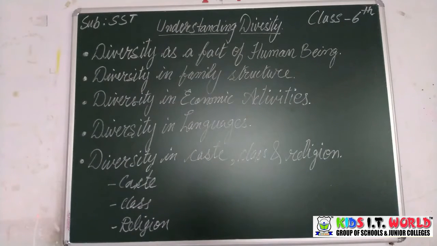Diversity in family structure is also observed on the basis of power and authority and marriage. On the basis of power and authority, families are divided into patriarchal and matriarchal categories. In the first type, the father is the head of the family and the familial power and authority rests in the father. Okay? And then you have the second type of family, where familial authority lies with the mother and she is the head of the family.